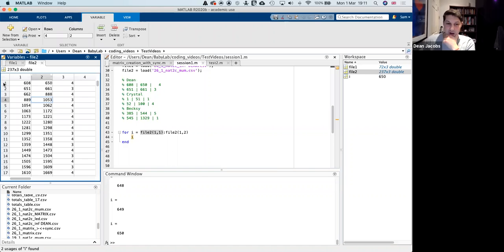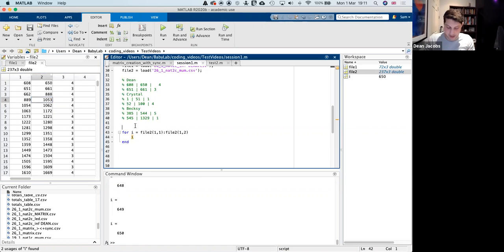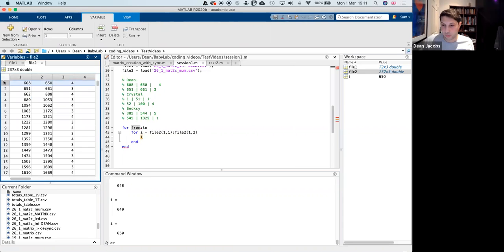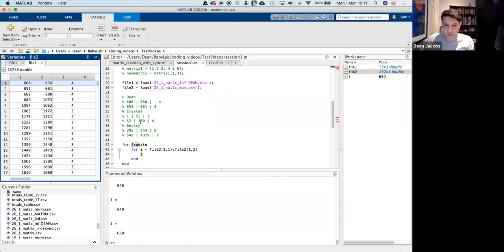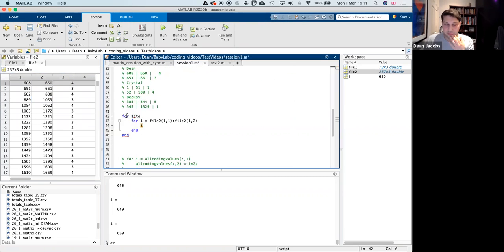Yeah, so we're going to start. So if we just think about it in terms of this colon, from 2. I'm just going to put in another for loop there. Then the from is going to be row 1. I'm just going to put a number 1 to denote it for now. So row 1